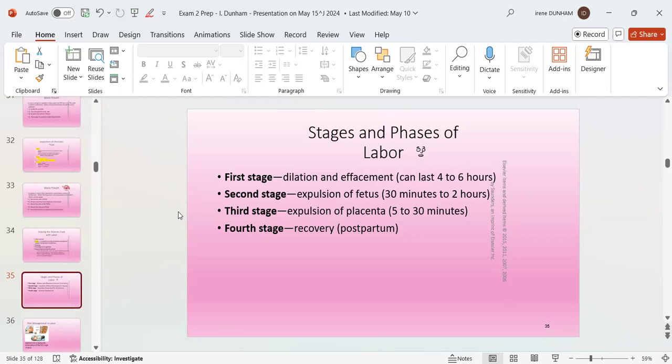We're in the second stage of labor. It's the pushing stage with the delivery. And we're going to have that baby. He's going to be birthed. Now we can push anywhere from 30 minutes to 2 hours, depending upon how big the baby is,